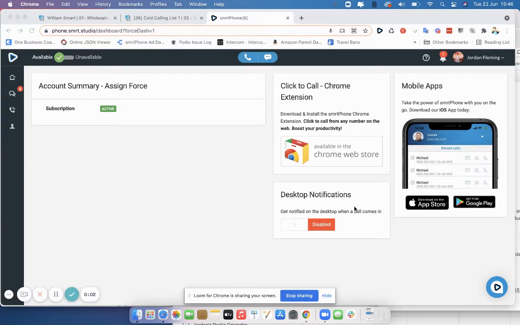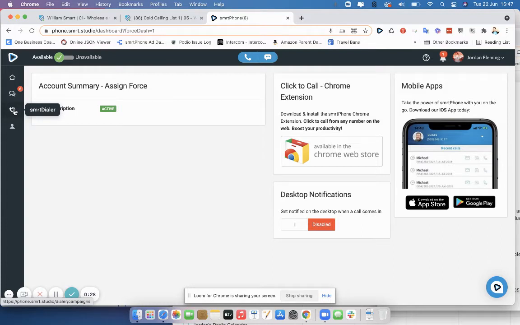This video is going to show you how to access smrtDialer and see the different campaigns that you have been given access to by your system administrator. So when you log into smartphone, if you have access to smrtDialer, you're going to see it over here on the left-hand menu. And this icon here with the phone with the smrtDialer next to it is the main menu